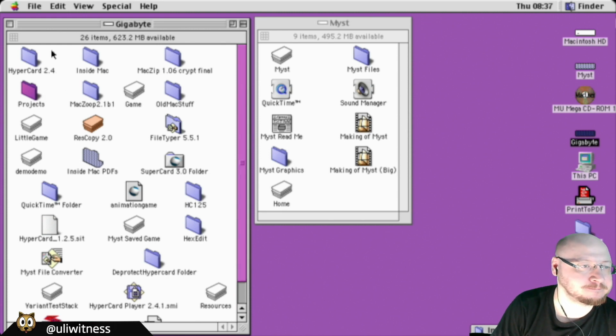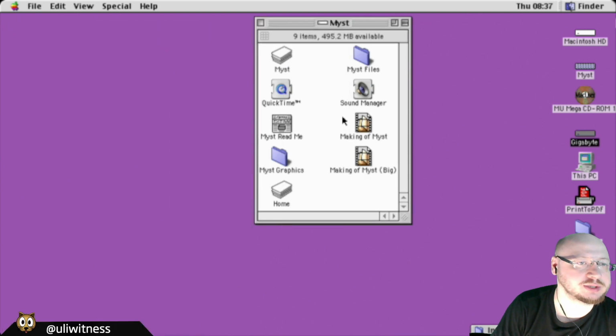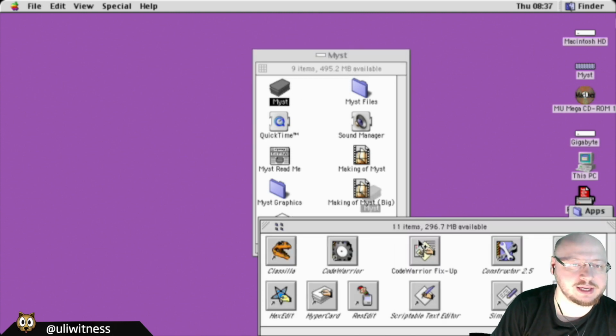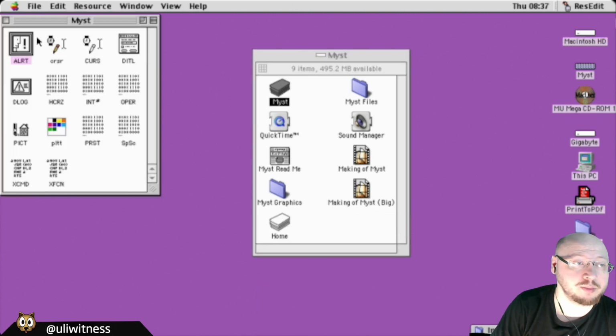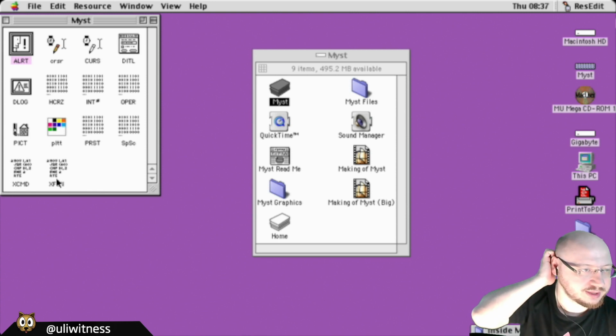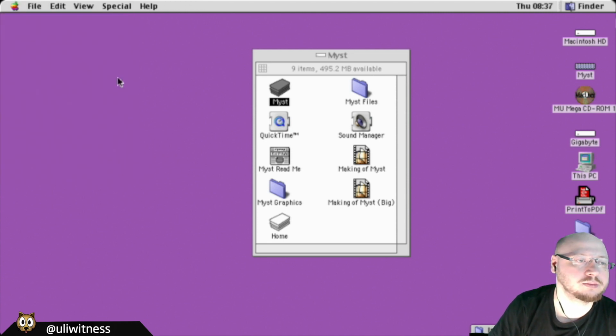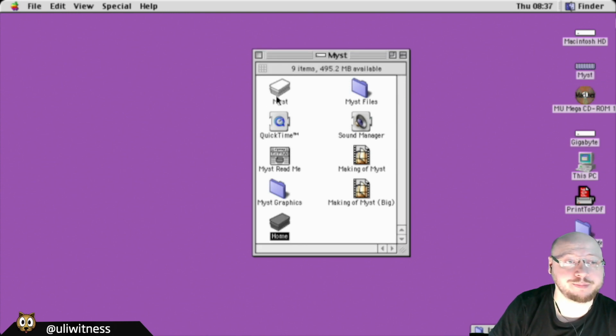Anyway, so we now have a hard disk that looks like the Myst CD. It has a stack with Space Myst. One of the things I did is I deleted most of the non-Myst resources to avoid that they would confuse the real HyperCard. And then I made a copy of the Myst stack and named it Home. Why? Well,